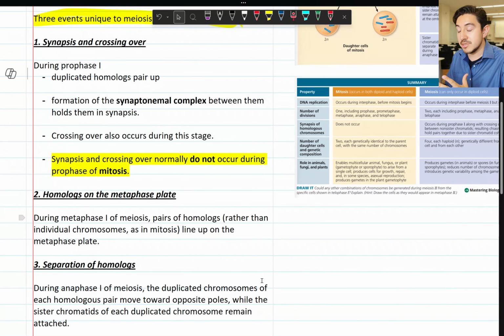Of course, and then the separation of the homologs, so you get different recombination of DNA, of genetic information. Okay, I will continue here this scientific skills exercise for you guys to take a look